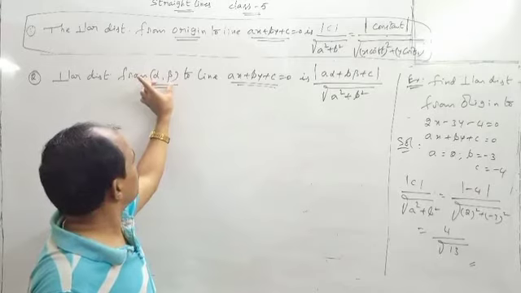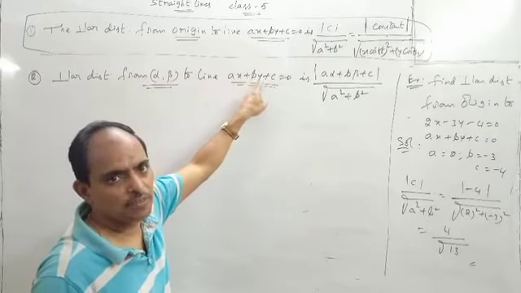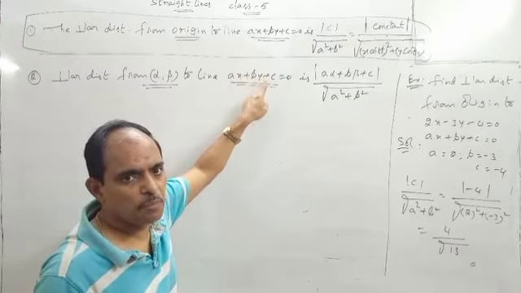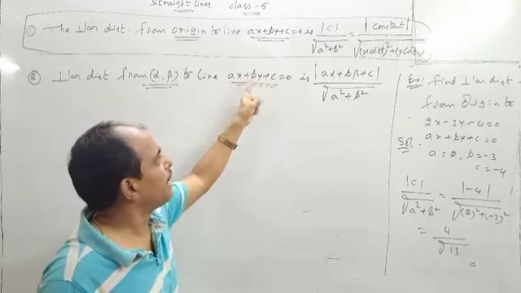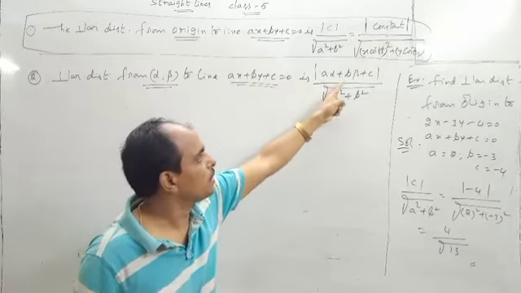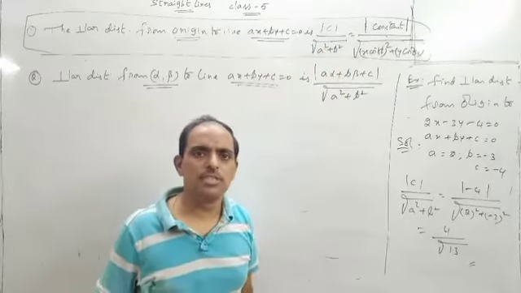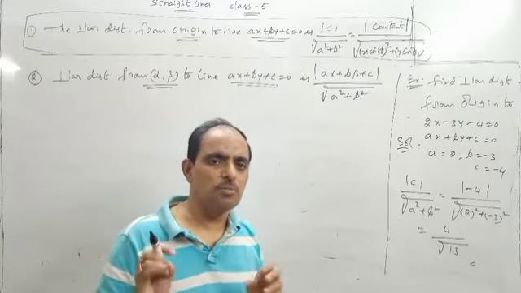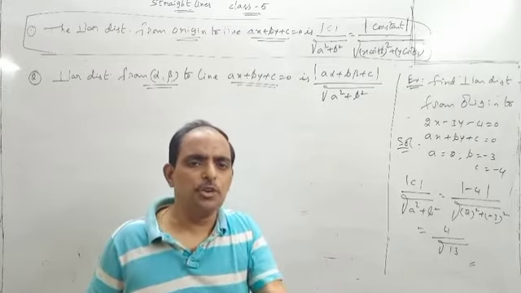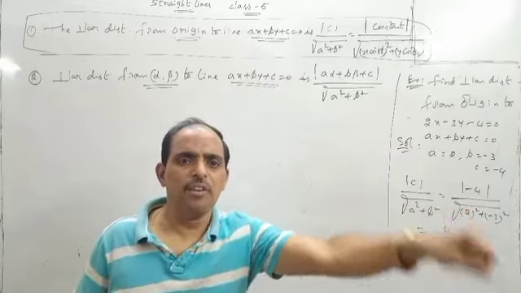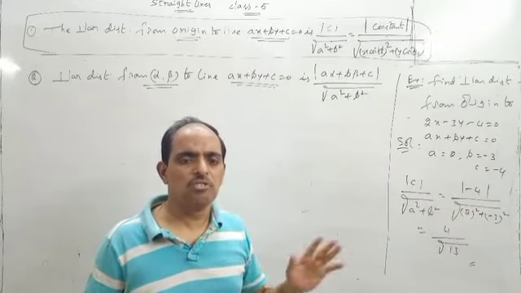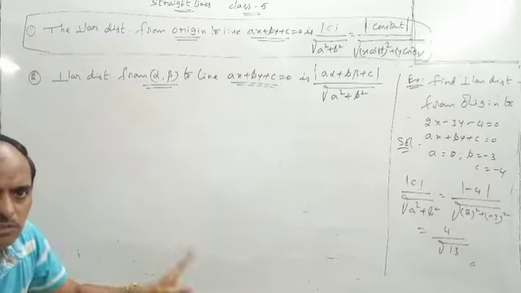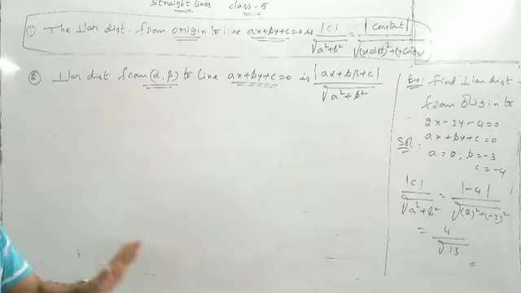You replace this alpha beta here in xy. Now you will get a alpha plus b beta. Substituting alpha in x place and beta in y place, we get a alpha plus b beta plus c by root of same x coefficient square plus y coefficient square. So whenever perpendicular distance is asked from a point to a given line, just replace that point in the given equation by root of x coefficient square plus y coefficient square. I will show the proof. Proof is not necessary, examples will be asked, but you have to know.